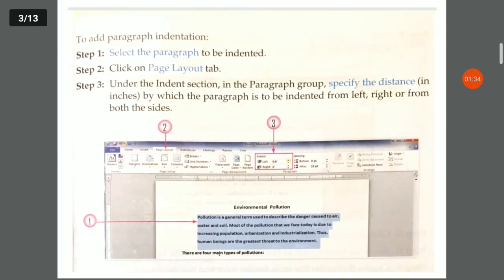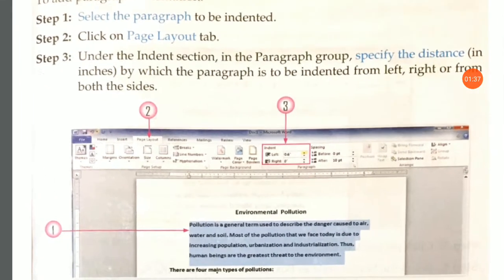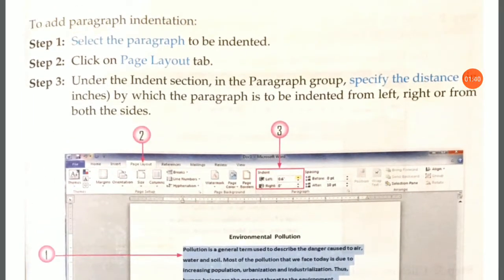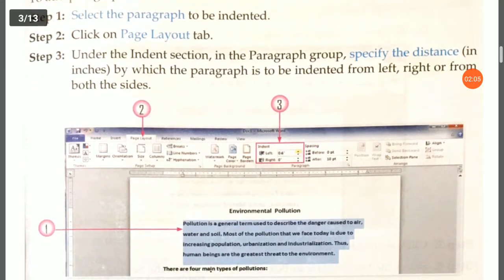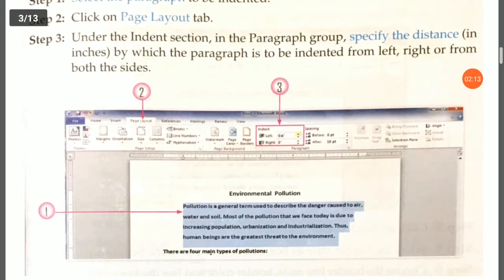Now how can we use paragraph indentation? Look at here. There are 3 steps. First step, select the paragraph to be indented. Second step, click on page layout tab. Step third, under the indent section in the paragraph group, specify the distance in inches by which the paragraph is to be indented from left, right or from both the sides.